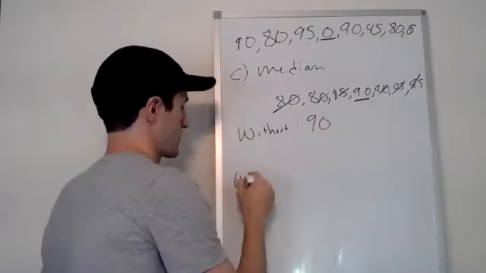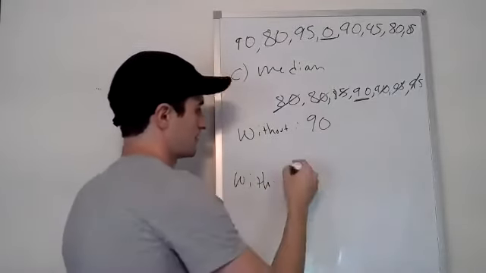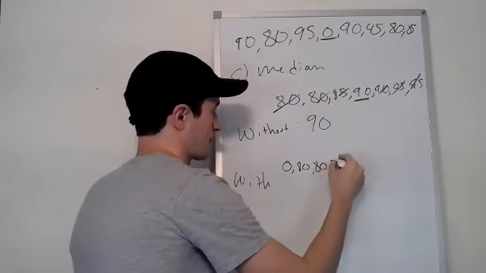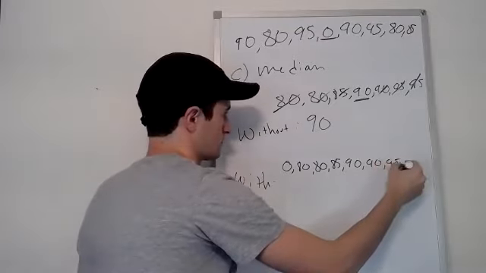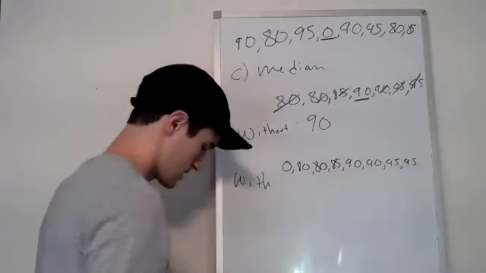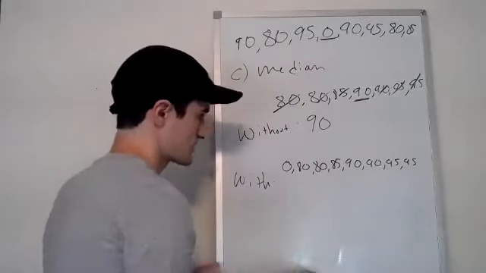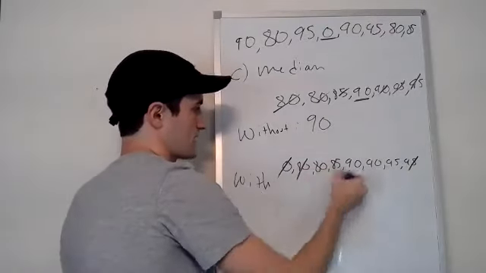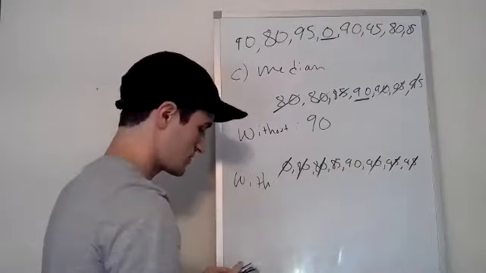Let's do with. So the list of numbers is going to be a little different. You can start with 0. But the process is still going to be exactly the same. So we're going to start with 0, 95, 80, cross out 1, cross out 1. That leaves us with 2.